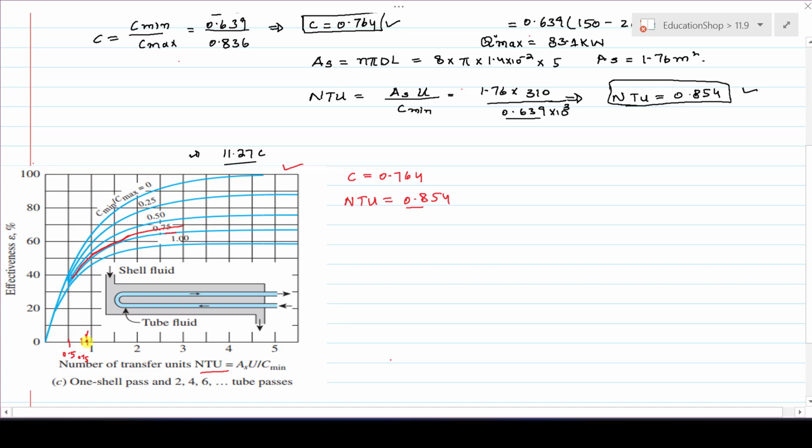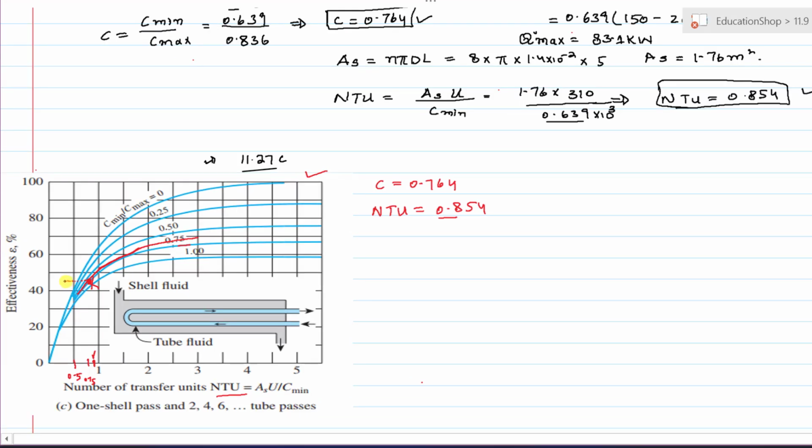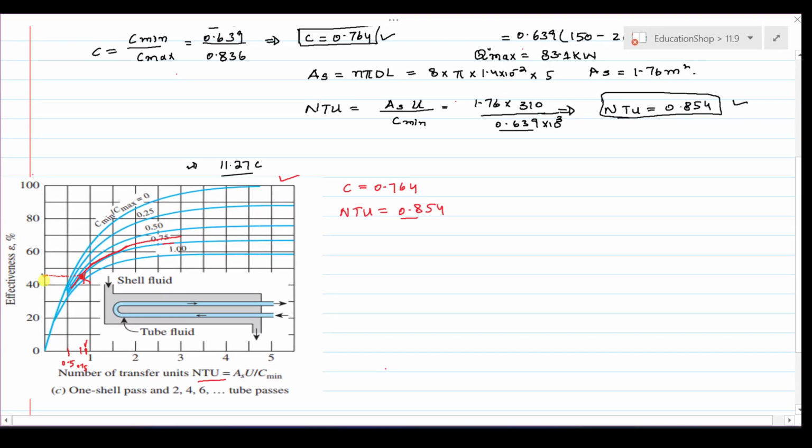Our NTU value is here. We will coincide this NTU value with our capacity ratio curve. So here it meets. If I move horizontally, it will intersect with the y-axis and it will give you the effectiveness of the heat exchanger, almost 0.47 or 47%. So I can say that the effectiveness of the heat exchanger is equal to 47%, or in other words